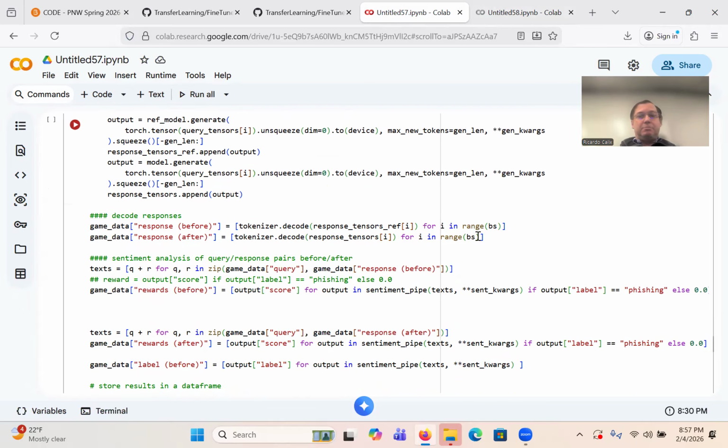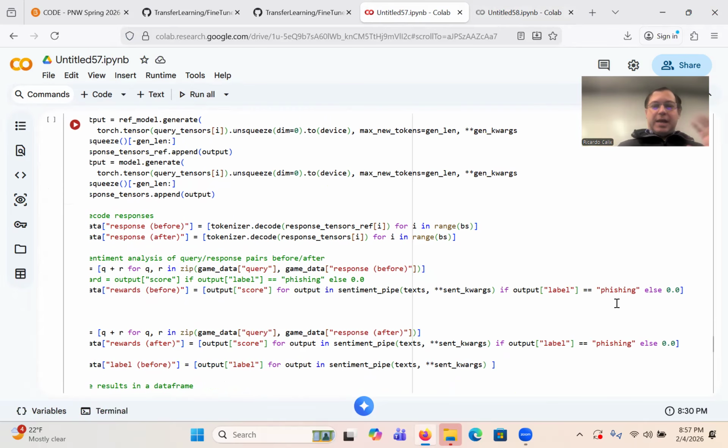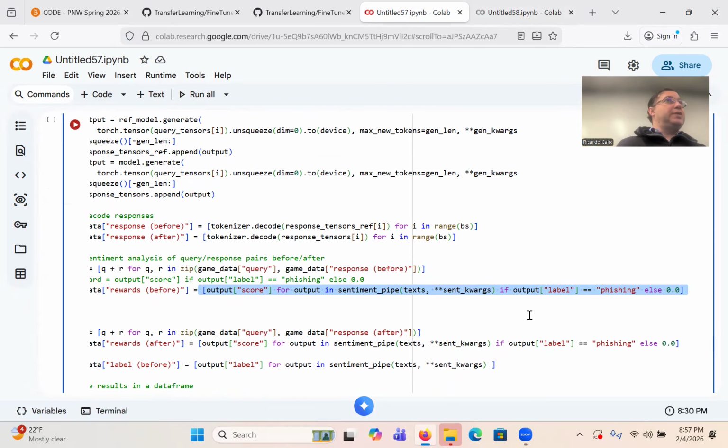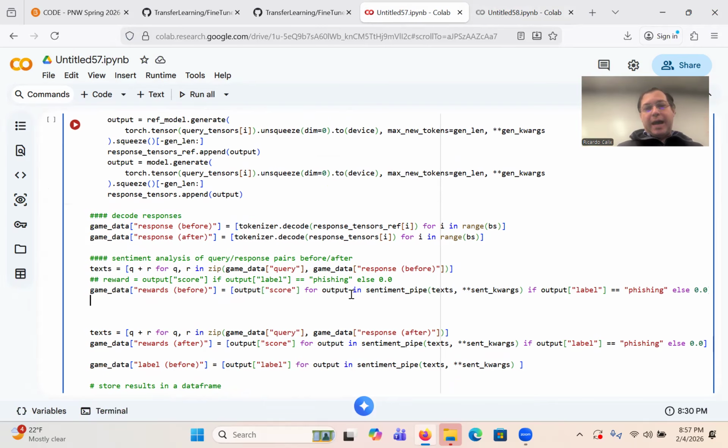I think the approach that I was trying to do here, that if statement, would have worked. I just got something wrong. But when you do a list comprehension, which this is, you can put if statements in there. Like if you notice, all I'm doing is for output in sentiment pipe, I'm iterating through it. Then output gets processed here. There is a place in the list comprehension where you can put an if also.